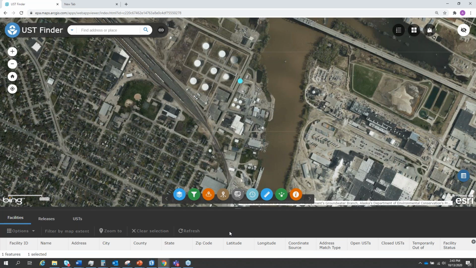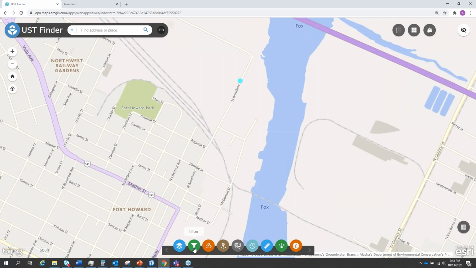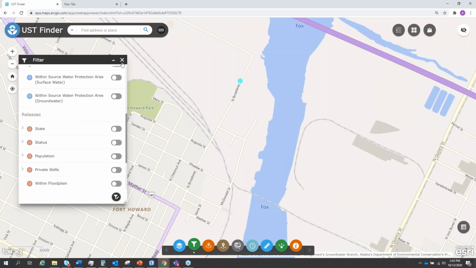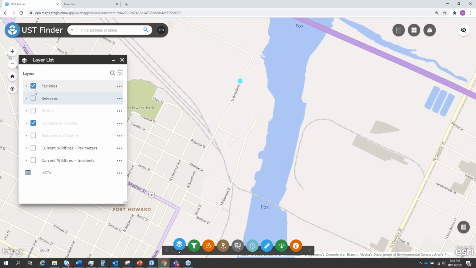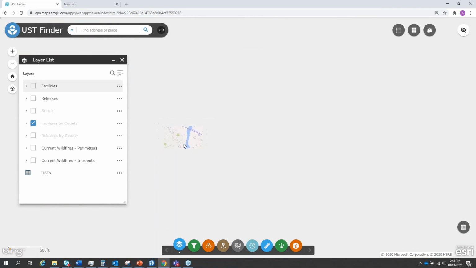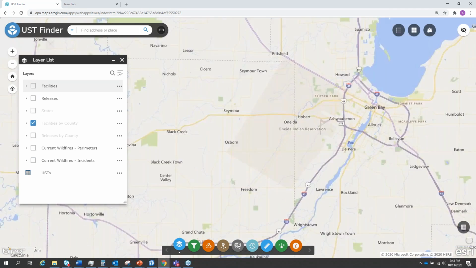Okay, so I showed you the facilities, how to filter the facilities, the tanks, how to filter the tank data. Let me show you the leaking underground storage tank component within UST Finder. So I will go into the layer list and I will select the releases data.